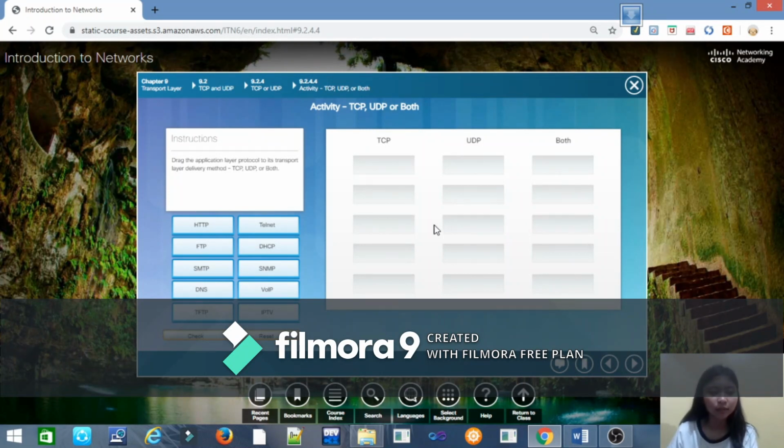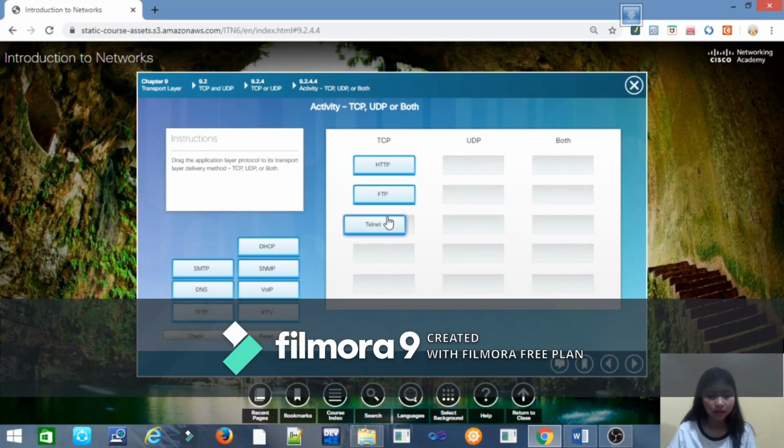So for the TCP, we have HTTP, FTP, Telnet, and SMTP. For the UDP, we have VoIP,